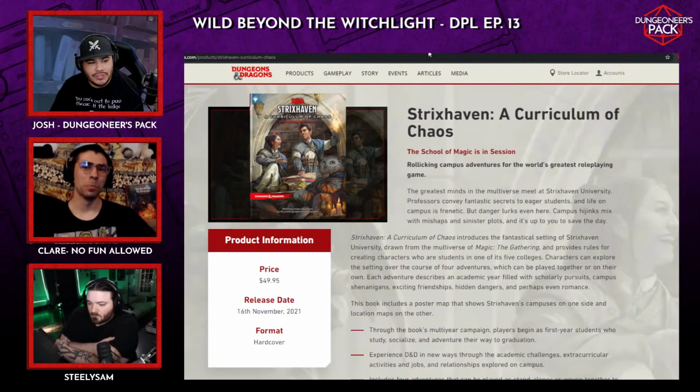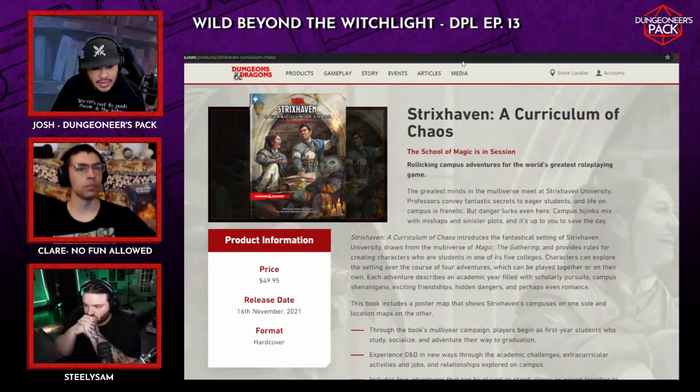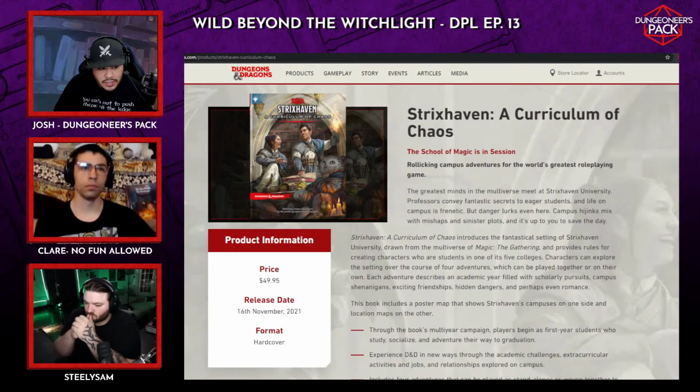All right, we're going to jump right into the Strixhaven stuff. More information on Strixhaven. For those that are not familiar with Strixhaven, it is a Magic the Gathering setting that takes cues from Harry Potter and other popular magic school stories that came before and after the Harry Potter craze. Magic the Gathering finally had their own take on it for the card game, I believe a couple sets ago, and finally Wizards took the setting and are now putting it into D&D, and it is changed from the Magic the Gathering setting.